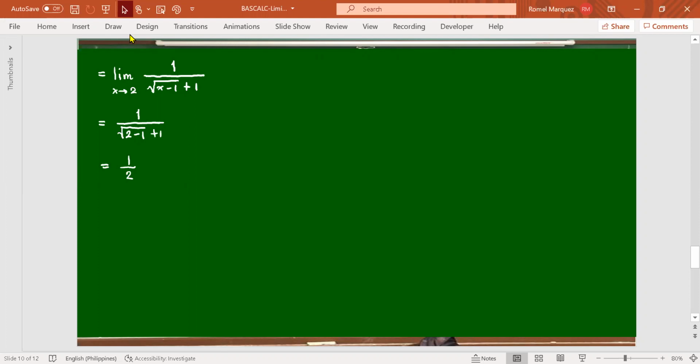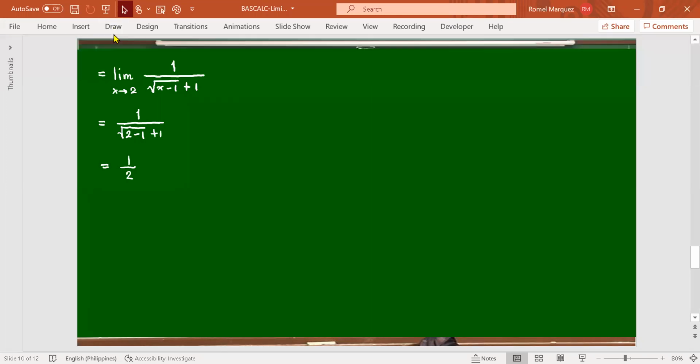This is no longer a limit. This is now the answer to the limit. I mean, we are not performing the limit anymore, but that is the answer to the limit. We are now trying to simplify the value of the limit. Is that clear, guys? So now let's talk about